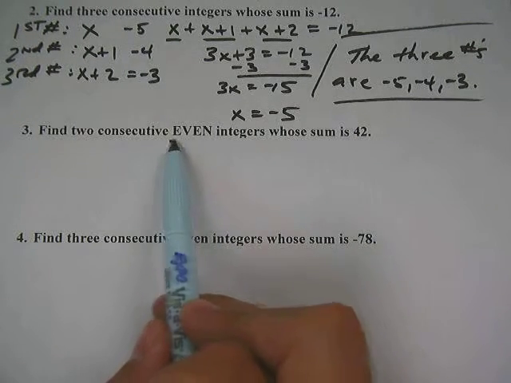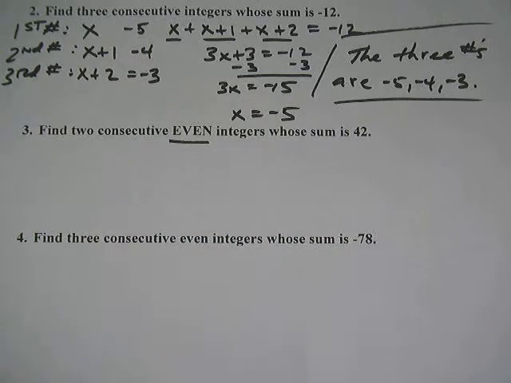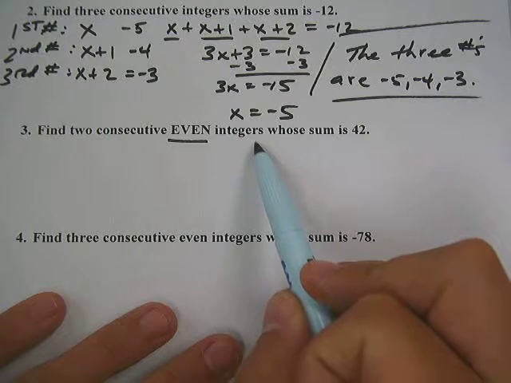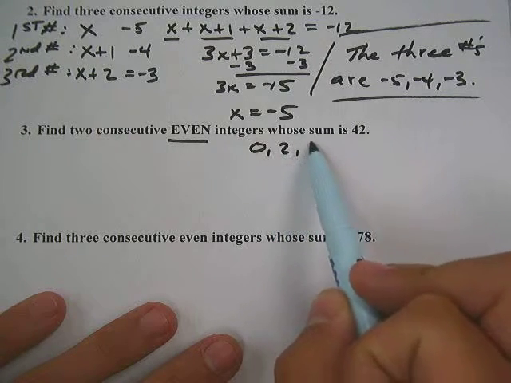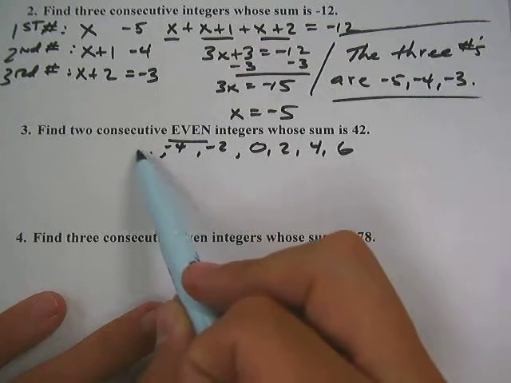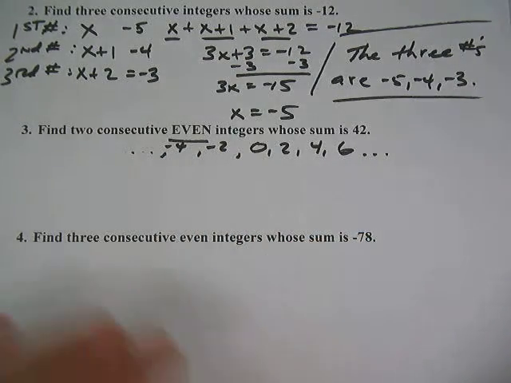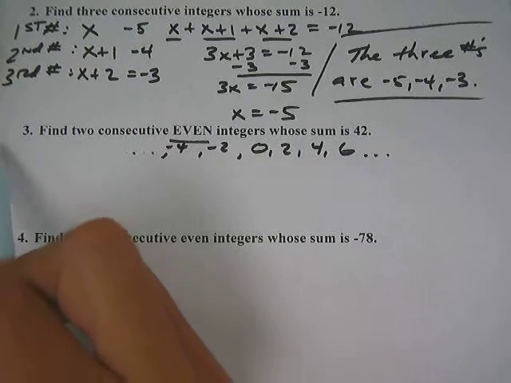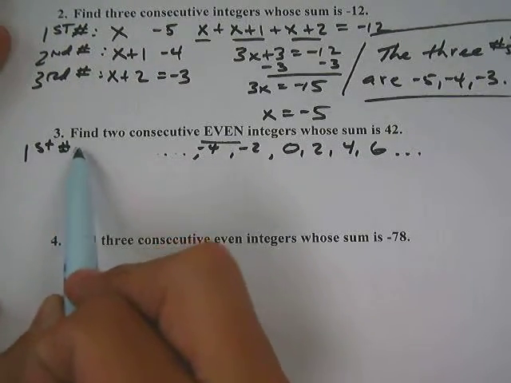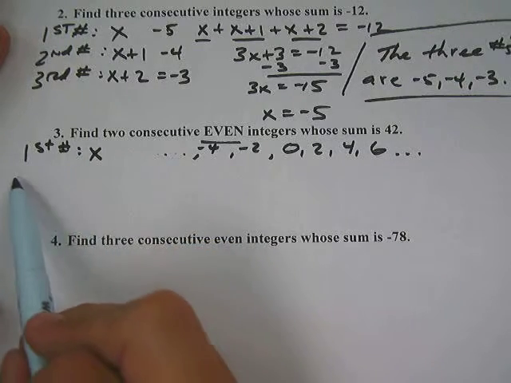Okay, this next one says find two consecutive even integers whose sum is 42. Now notice it's saying even this time. So if we're talking about even integers, remember we're talking about numbers like 2, 4, 6, or -2, -4, etc. So this time, if my first number